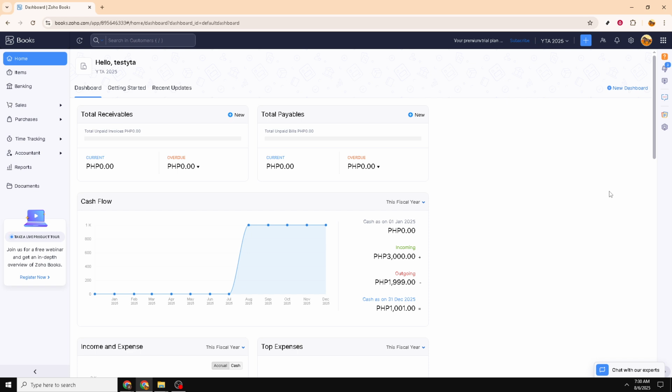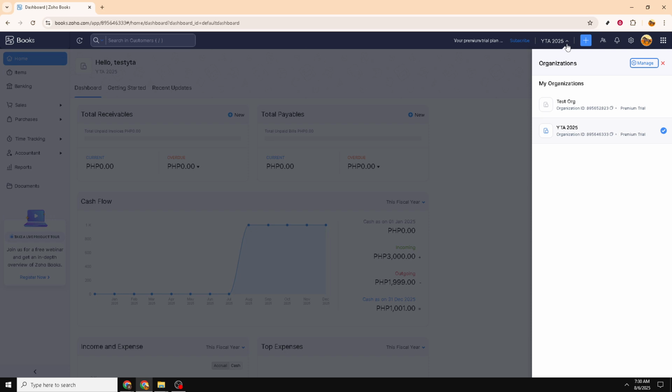On the dashboard, you'll find a list of your organizations. Click on the organization you wish to manage. This area shows all the businesses you currently have set up under your Zoho Books account. By selecting an organization, you'll be taken to its primary interface where you can view its specific financial details and